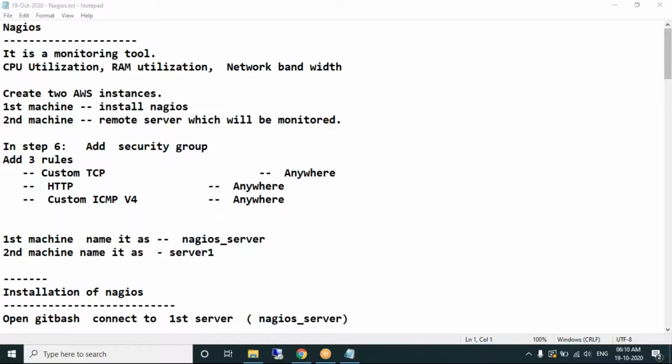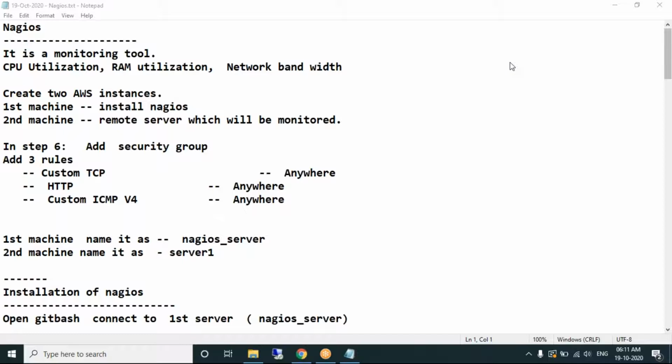So that's the purpose. We already have exposure to one monitoring tool, that is AWS CloudWatch. All the clients who are running on AWS definitely go for CloudWatch. For on-premises infrastructure, who are not on AWS, there is one more monitoring tool called Nagios, similar to CloudWatch. So the purpose is the same. You can monitor the CPU utilization, the RAM utilization, the network bandwidth, network packets in, network packets out. This kind of metrics, you can get using Nagios.